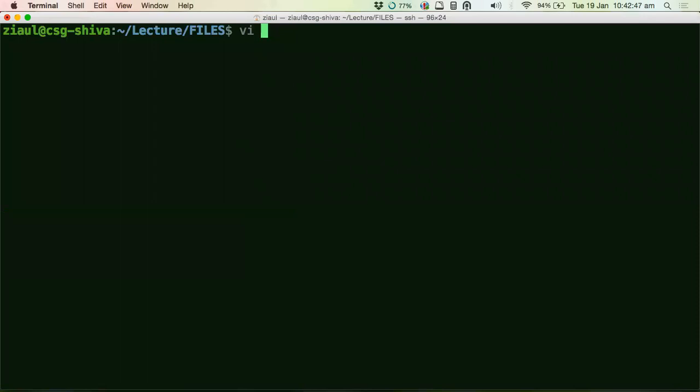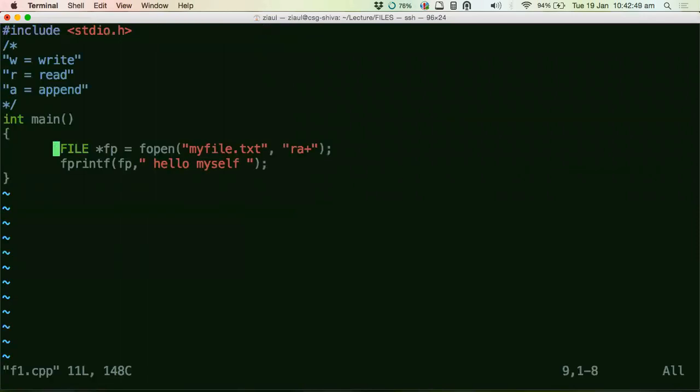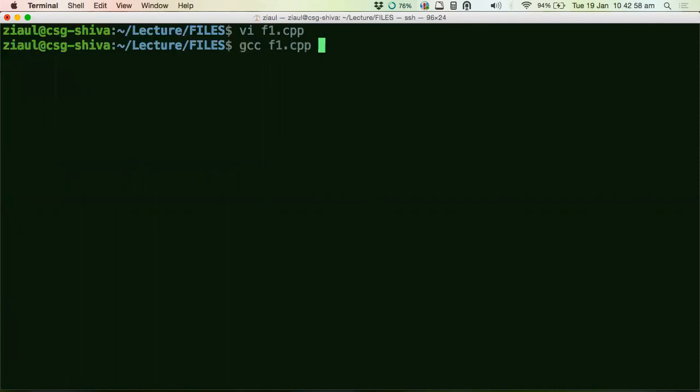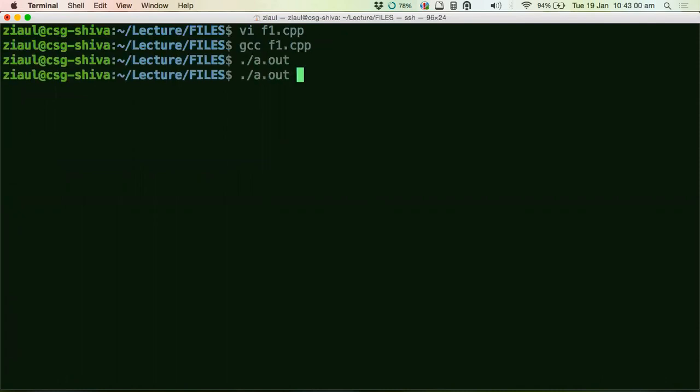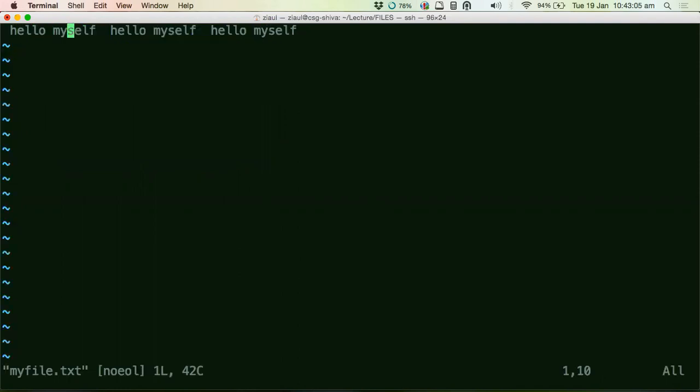So let us use append mode. See, when I am using the append mode, the previous data is there and the new data is just getting added to the file. So this is the importance of an append mode.